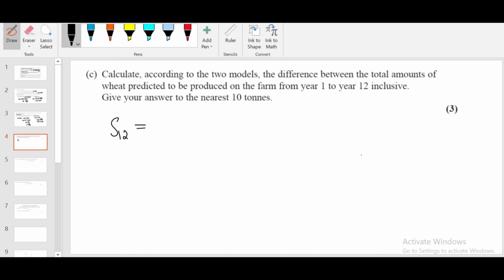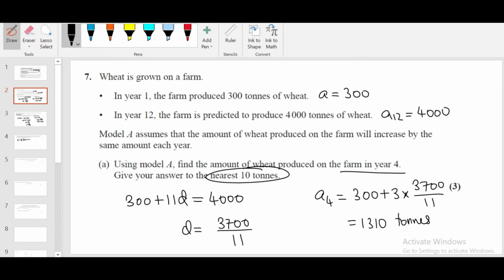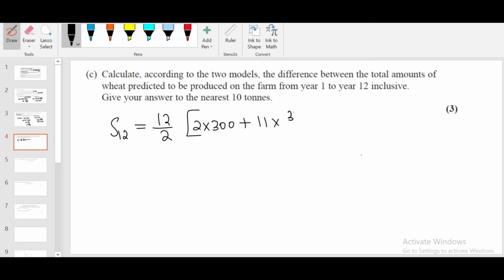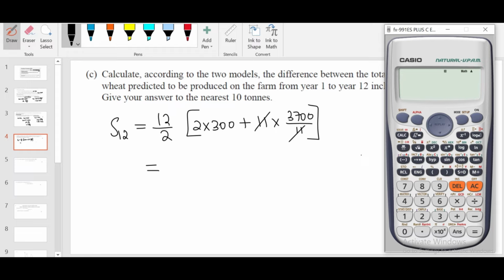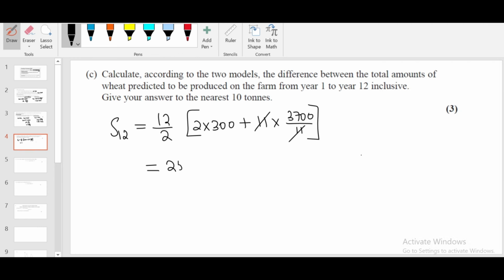For the first model, since it's an arithmetic series, the formula is n over 2 times (2a plus (n minus 1) times d). n minus 1 is 11 times d. What is d here? 3,700 over 11. That's for the arithmetic series. Let's calculate this first. 11 can be cancelled. So 12 over 2 is 6, times 2 times 300 is 600, plus 3,700. That gives 25,800 tons